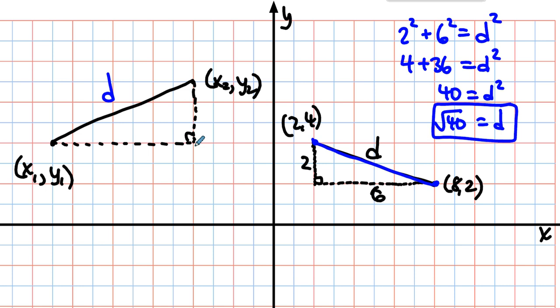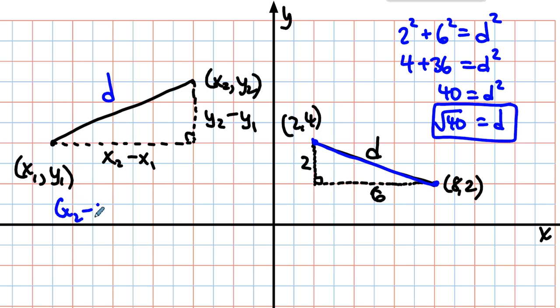Now it's generic, so we can't actually count, but it seems fairly straightforward to think, how far would this be vertically? It's from one y value down to another. And similarly going across, this horizontal distance goes from this x value to that x value. And so leg squared,